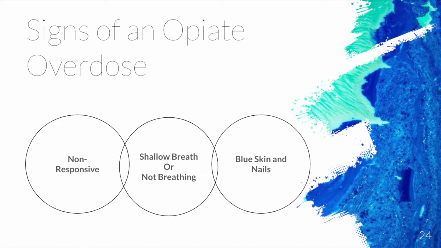Remember, it is important to know the difference between a stimulant and opiate overdose. If you are in a situation where someone is in the event of an overdose, knowing the difference could save their lives. Remember that there is no naloxone for a stimulant overdose. The naloxone we will be going over today is only effective for an opiate overdose.